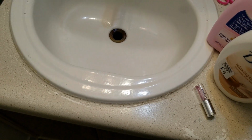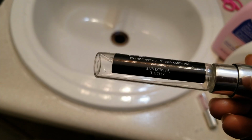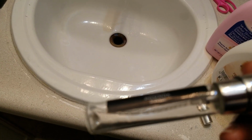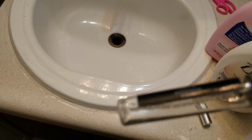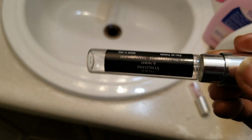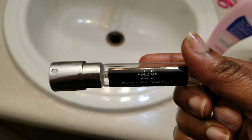Oh, my nail dirty, y'all. I apologize about that. But to be honest, I kind of want to go a different route when it comes to fragrances. I've been watching a lot of fragrance videos, and a lot of people are talking about Middle Eastern fragrances, and I want to do a blind buy with one of those one day. So this is the Story